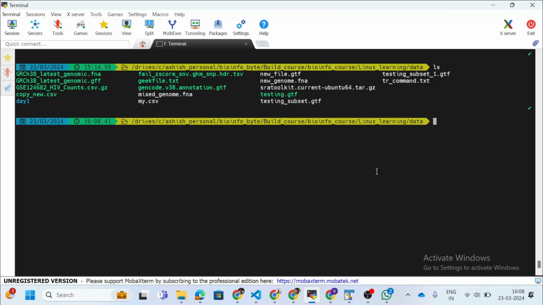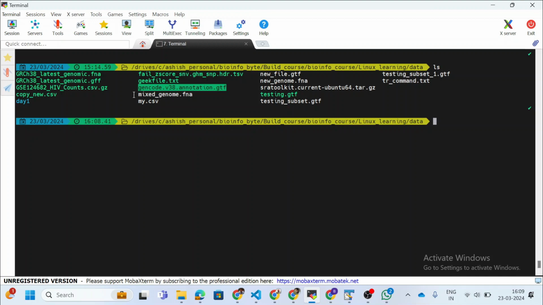I told you that you can keep those two files. If you are dealing with a genome build, all the information related to chromosomes will be there, you can download it from NCBI, and the extension of the file format is .fna. And if you are dealing with an annotation file, you can have either the gff or gtf file format. Both are considered annotation files. There are minor differences in the formatting, but the information will remain the same.